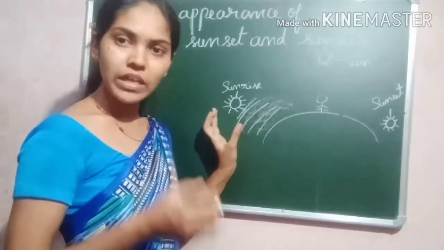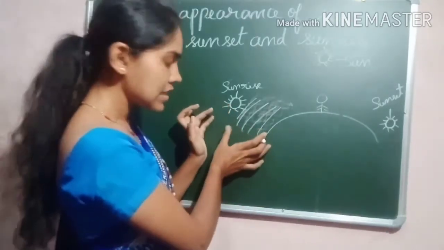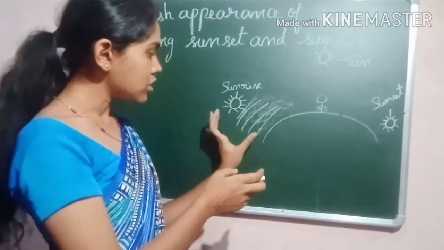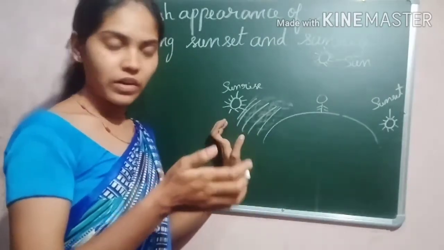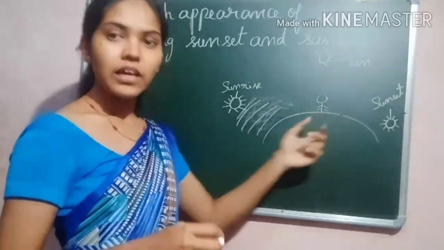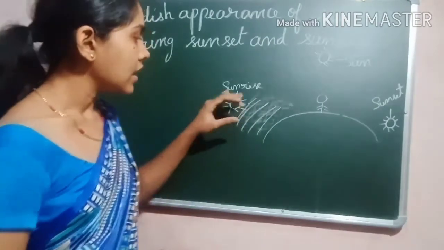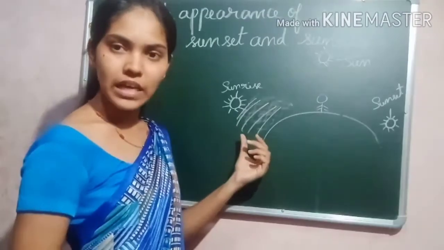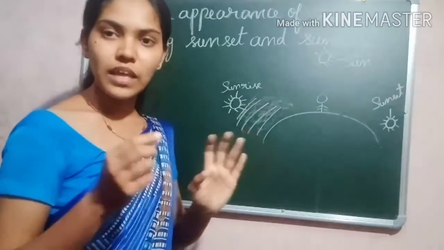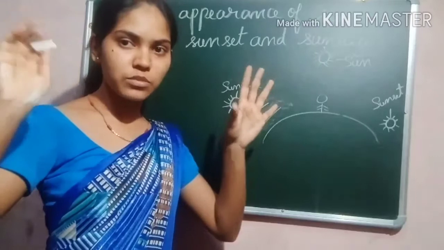The light which has less wavelength encounters a number of particles. Since the distance is larger and it has to pass through so many layers, the atmosphere consists of a large number of fine particles. So during the sunrise and sunset, because of the presence of these fine particles in the atmosphere, they scatter the light which has less wavelength, that is blue color light. Scattering is nothing but spreading of the light. The blue color light spreads more.